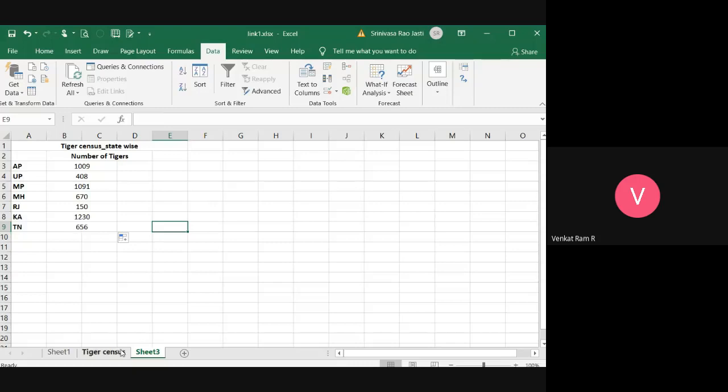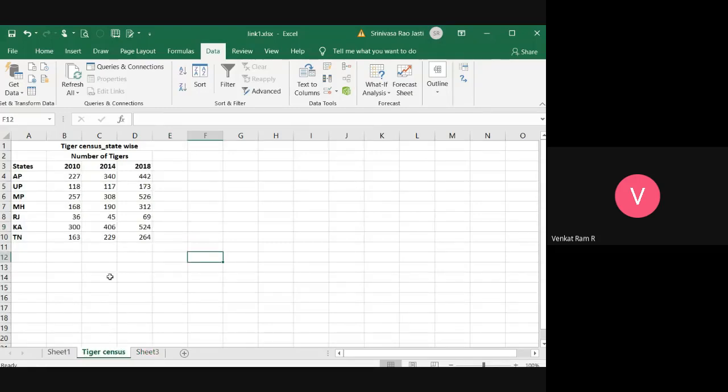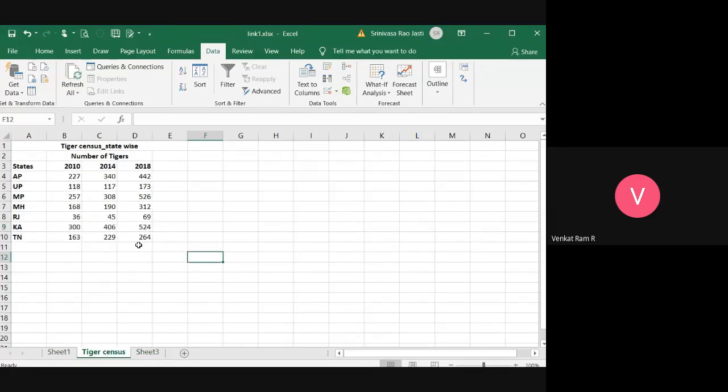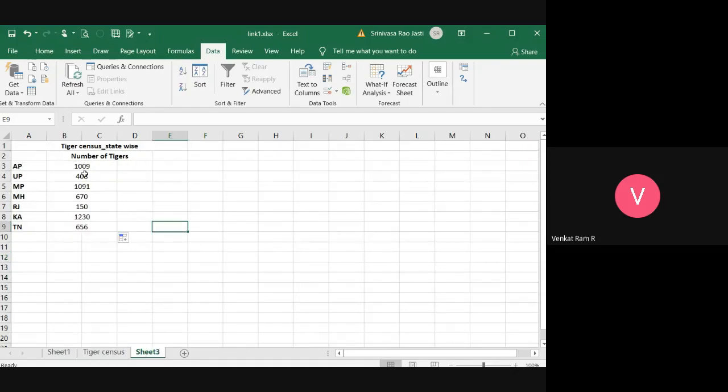Sure, ma'am. You are taking examples of two worksheets, and I want the sum of these in another worksheet without copying. So what I have to do is first type the data in one worksheet and take the headings, whatever you are typing. After doing this, we have to give a formula: equal to sum of